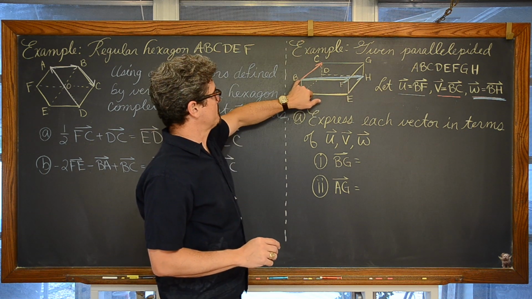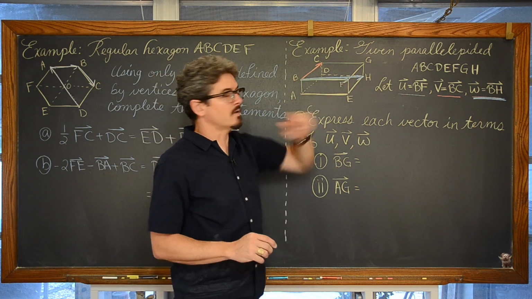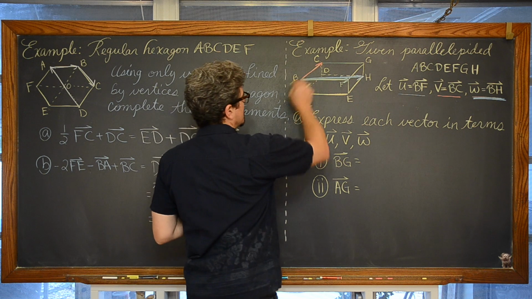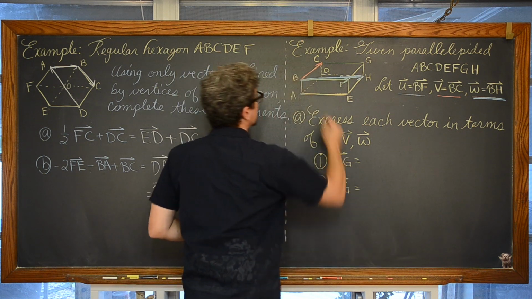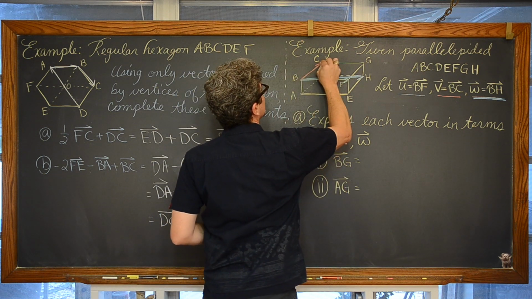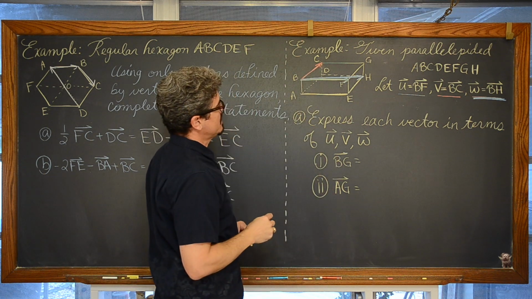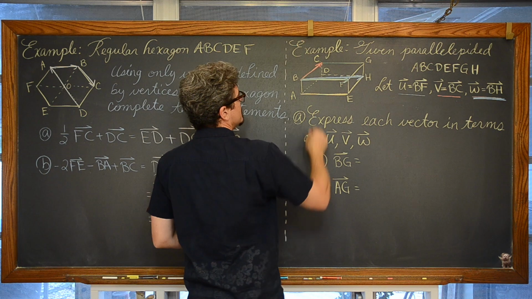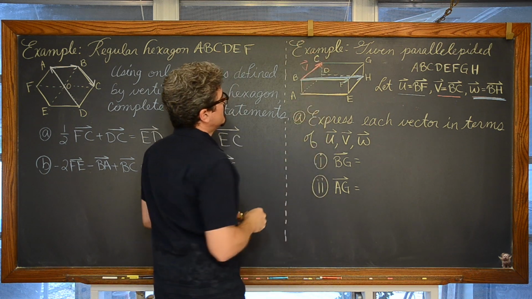Well, if I start at B and go back to vertex C through vector V, and now,